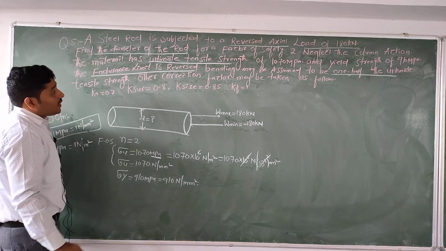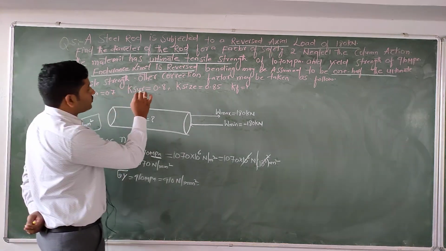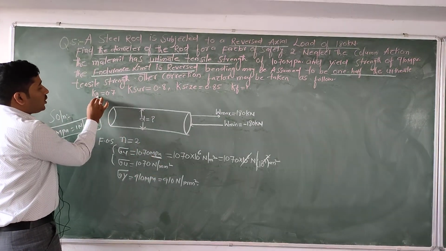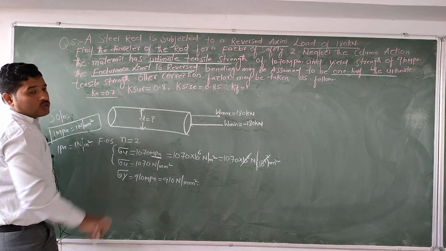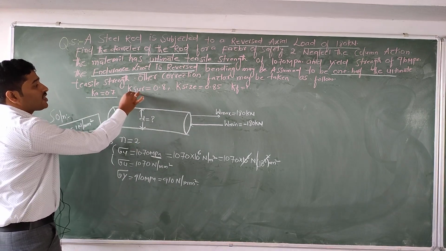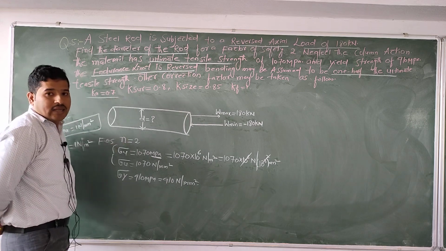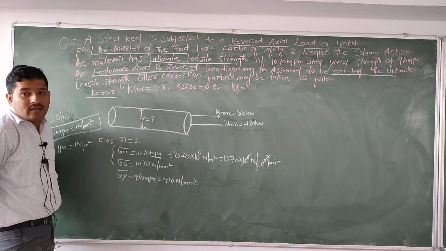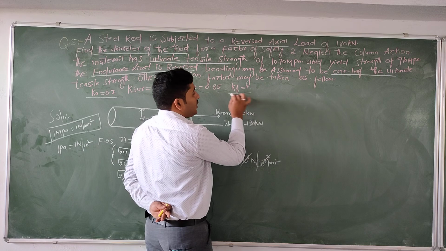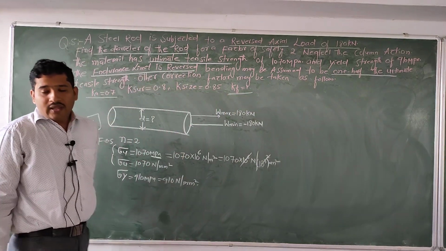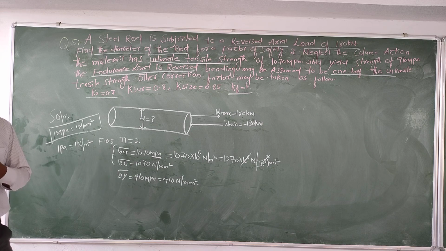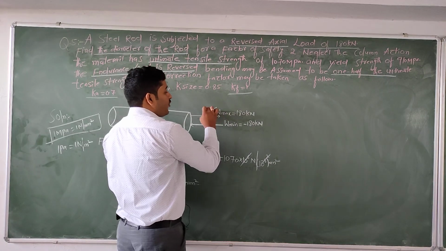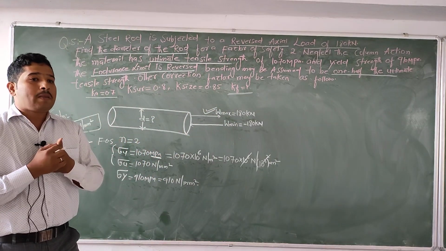Then, as well as other correction factors may be taken as follows. Here the load factor, how much is given? 0.7, and the surface finishing factor 0.8, and size factor is given as 0.85, and stress concentration factor value is given as 1. The first thing we need to find out is the mean load. We need to find it out because here load is given. If load is given, then you need to find out the mean load first.